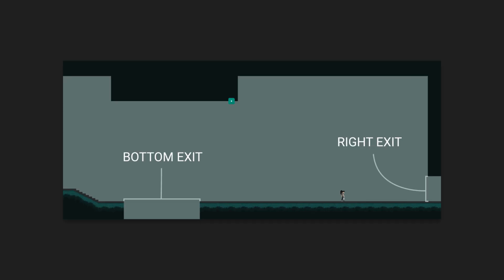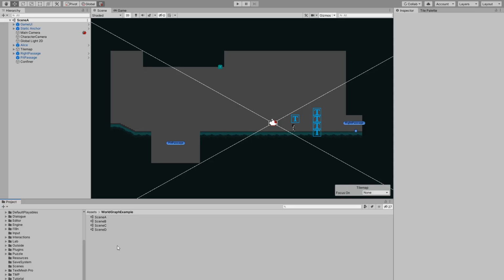This is the basic idea. We have a scene, the scene has some exits. Once an exit is triggered, the game will load a proper scene and place the player in an adequate entrance. The easiest way to achieve that would be to give every exit the path of the scene that it should lead to, and some unique identifier of the entrance on the other side. But I wanted a little more complex system. So this is what I've come up with.